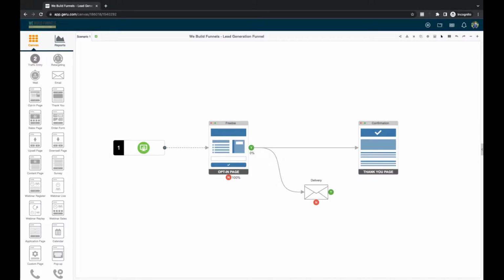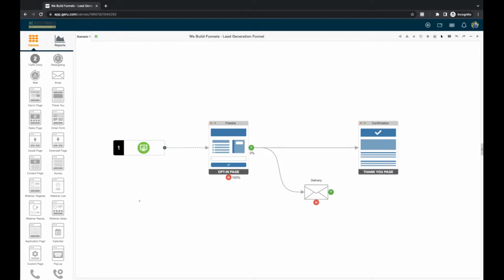Every time you're going to build a funnel, this is what I recommend to my clients: you should start with a strategy first. Like having a graphical idea of what is going to happen, the funnel map will help you decide what to do, in which order, before you start building anything. So for a regular lead generation funnel, you need to send traffic to an opt-in page. So you have different traffic sources.